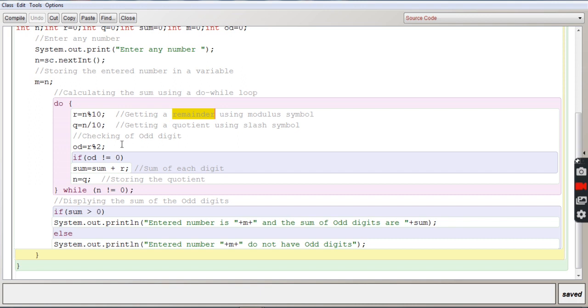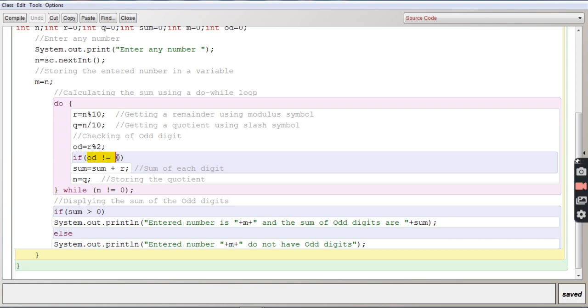So 3. And then we are going to have the quotient. Again we will be dividing, and the quotient will be 12. And that 3 we are going to check over here by dividing by 2. So if you divide 3 by 2, the remainder will be 1.